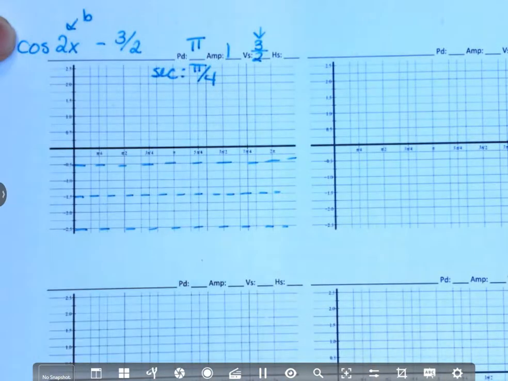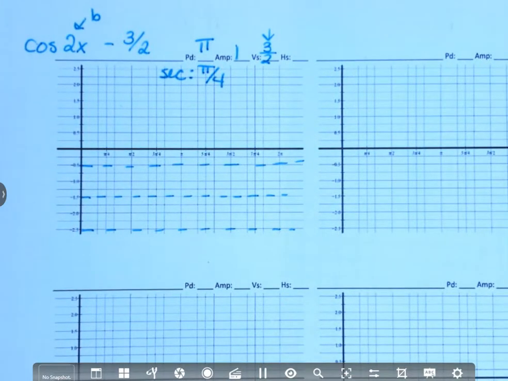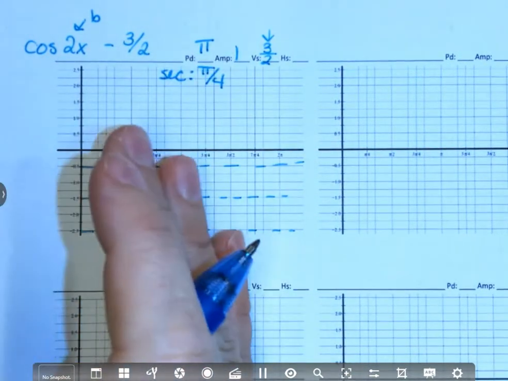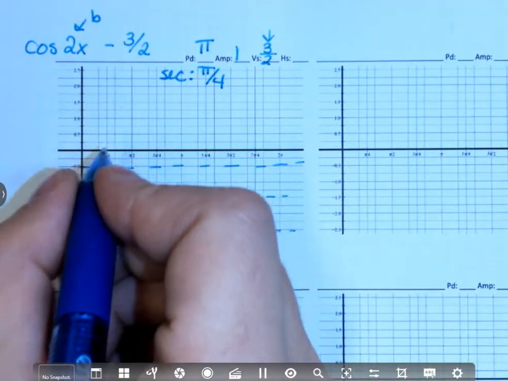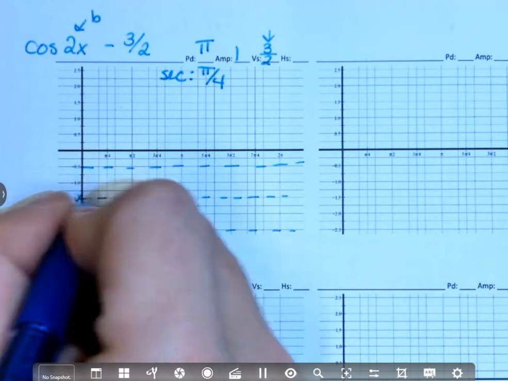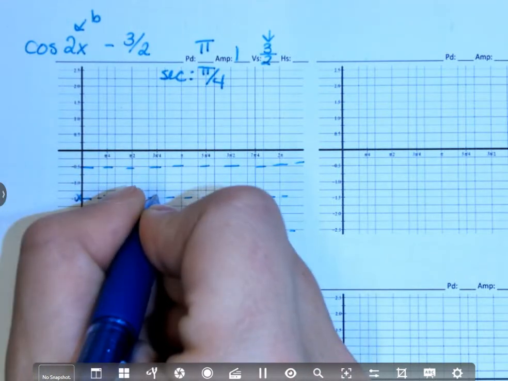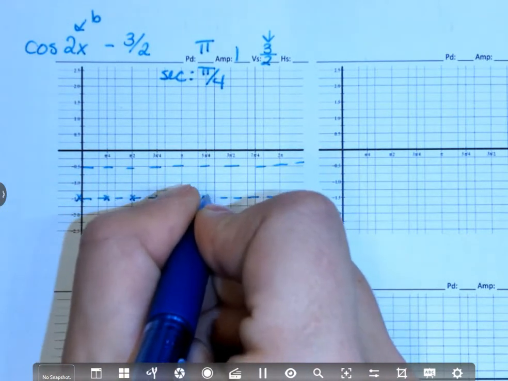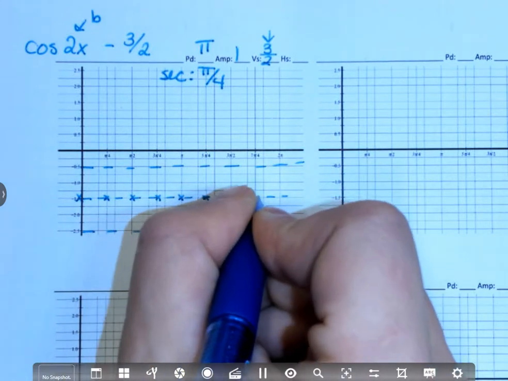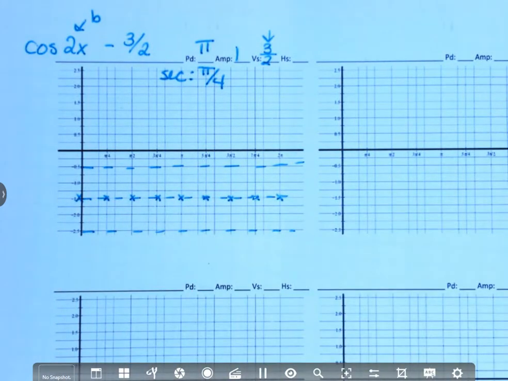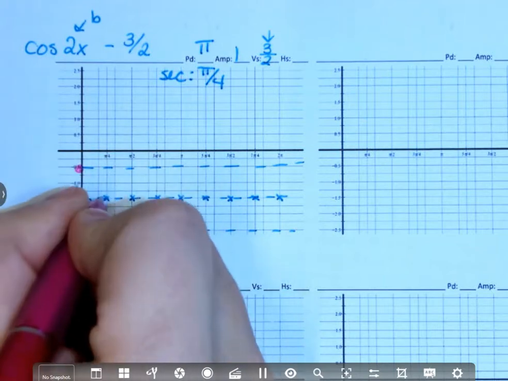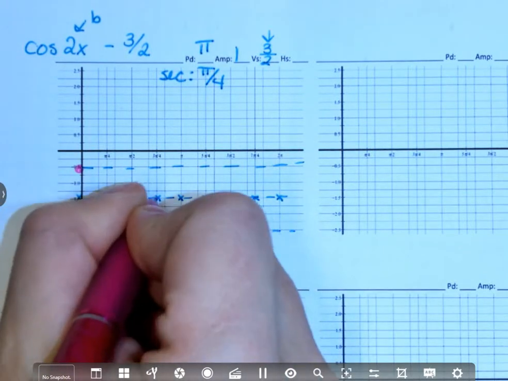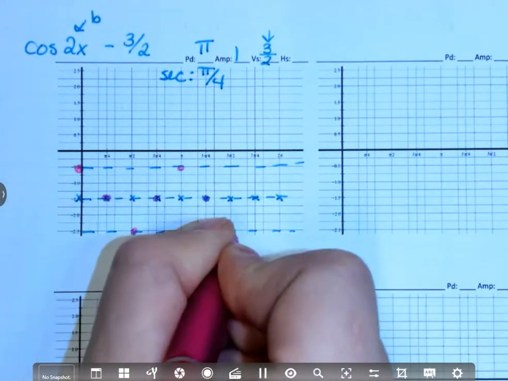Pi over 4. Now, the beautiful thing about this, I don't have any horizontal shifts. That makes my life quite a bit easier. I will start then at the middle, and I will go every pi over 4. And then I will draw my graph. Cosine, does it start top, middle, or bottom? Top. That's top, middle, bottom, middle. Top, middle,